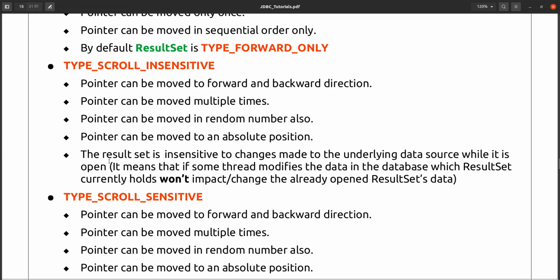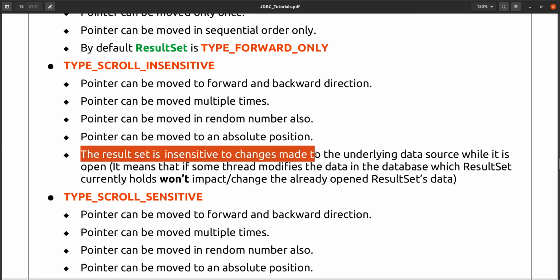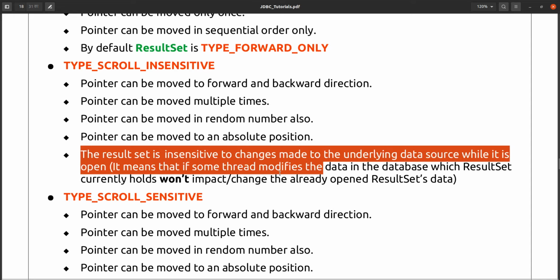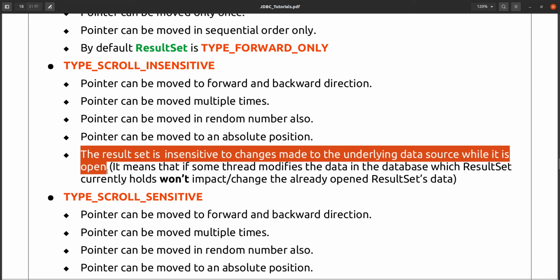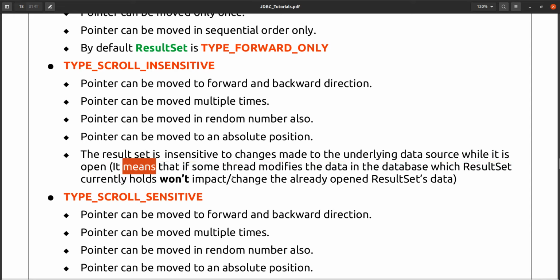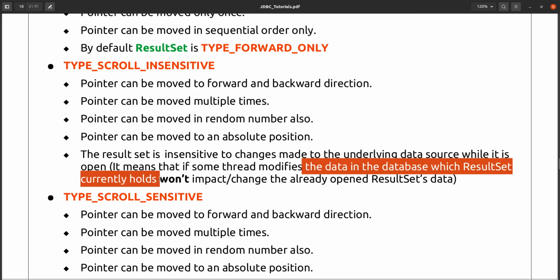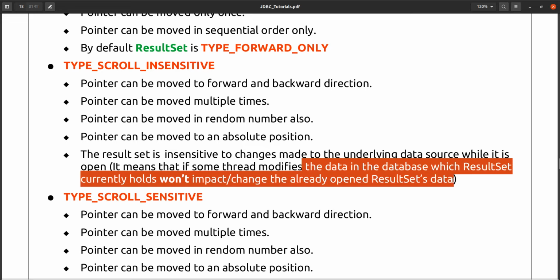Insensitive means the result set is insensitive to change made to the underlying data source while it is open. It means that if some thread modifies the data in a database which the result set currently holds, it won't impact or change the already opened result set's data.